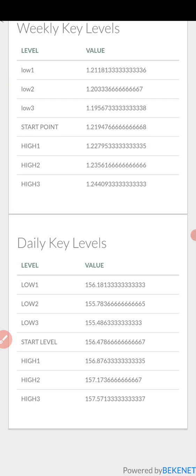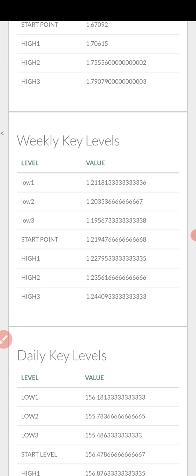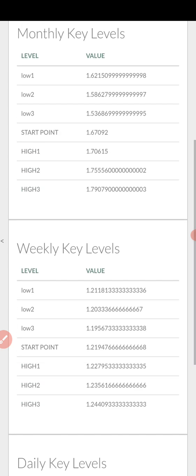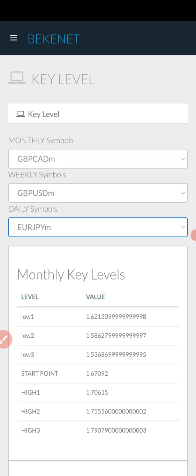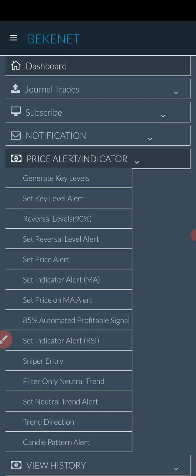You do the same thing. It's as simple as that. You understand? Those of you that understand key level already know what to do. I'm just showing you how you can generate it and trade alongside with it. Then the second menu here is how to set this key level you've generated for you to